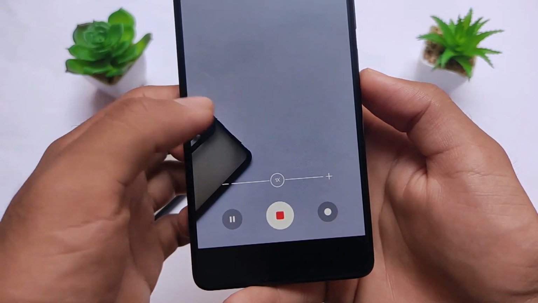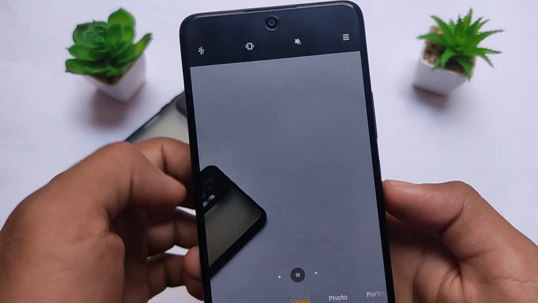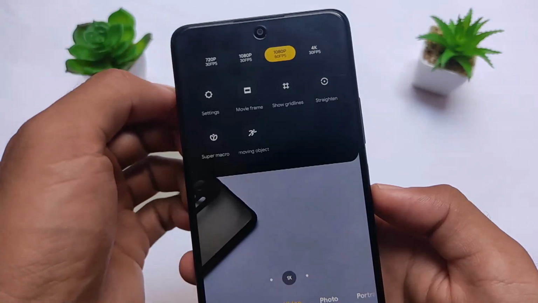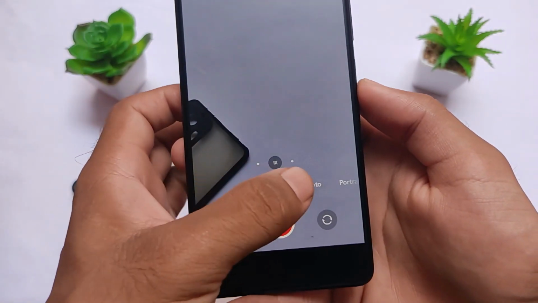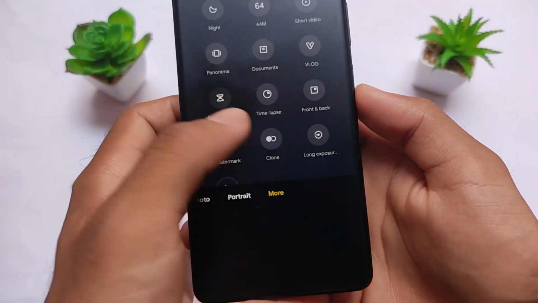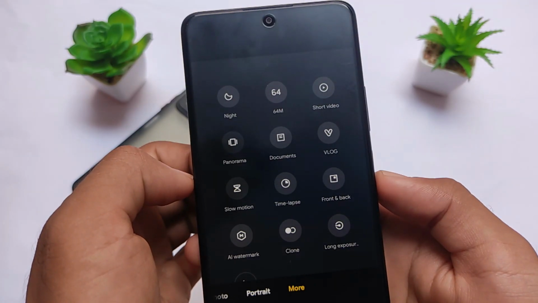I tried the ANX camera, and it was working perfectly fine. Video mode, front, portrait, back video, everything was working perfectly fine. At least for me, I didn't get any kind of major issues till now. I always record videos from my Redmi Note 10 Pro, if you don't know. So these things play an important role, and things are working fine.